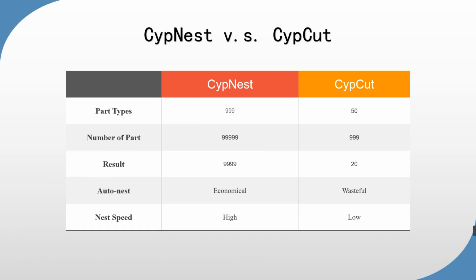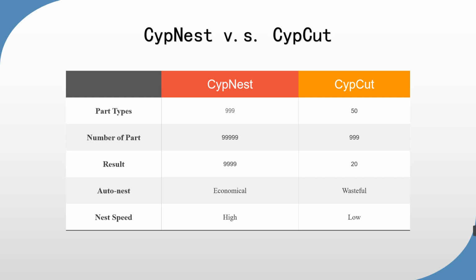CypCut is a professional software for laser cutting, so nest feature in CypCut is just at a basic level. On the other hand, CYPNEST, as a professional nesting software, comes with much more powerful nest function. First superiority of all, CypCut only supports 50 kinds of part types at most, while CYPNEST supports 999 types of parts. Second, the number of every kind of part can be up to 999 in CypCut, while in CYPNEST,